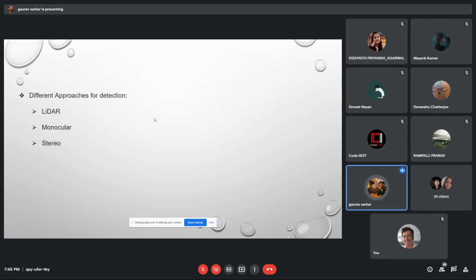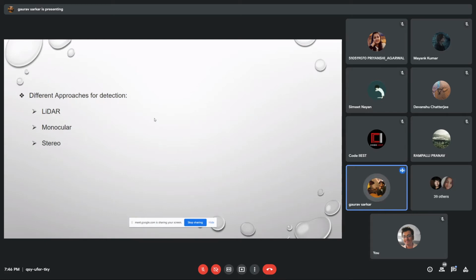Monocular has just a single camera. It can just capture something 2D. It can't perceive depth to that much efficiency. But our human eyes can perceive depth very efficiently. And for that, monocular is not a very good approach. That takes us to the next part, the stereo. Our project was stereo detection of 3D objects during autonomous driving. So now we got the first term of our project, the stereo term.